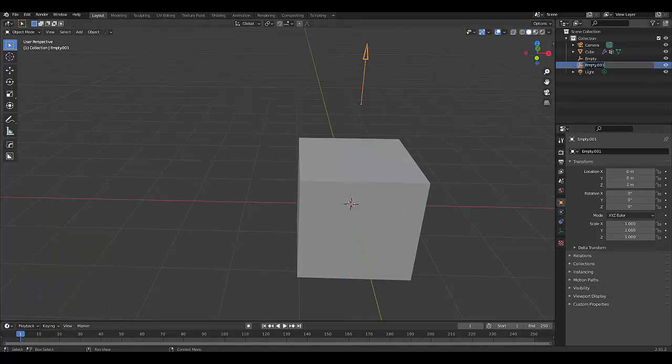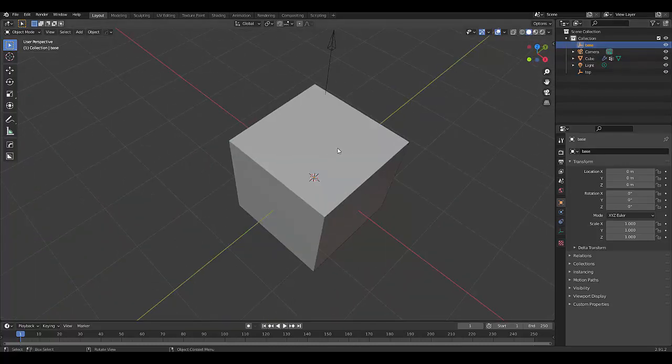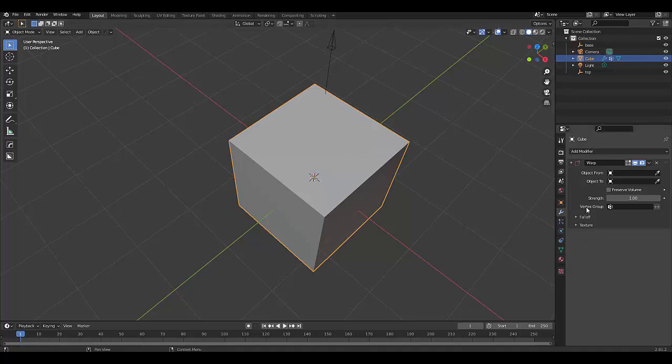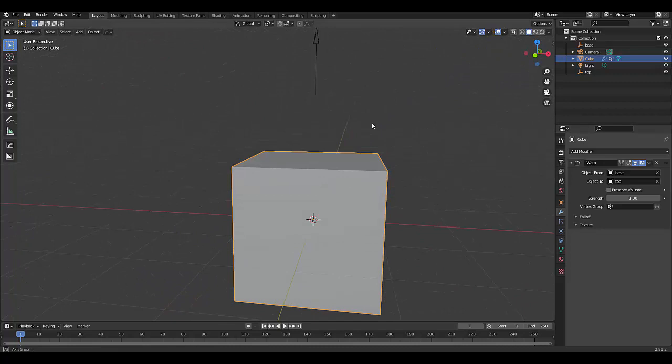rename this top, and rename the other empty base. All right, let's select this cube and choose base and choose top, and then select your group that we created,